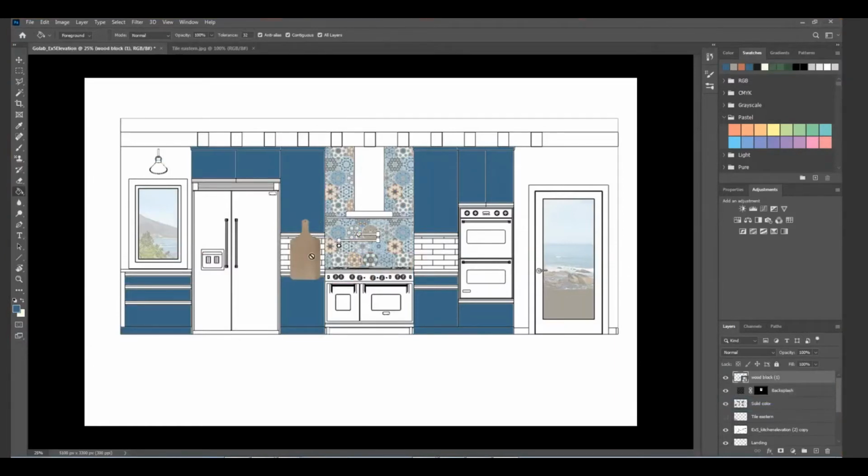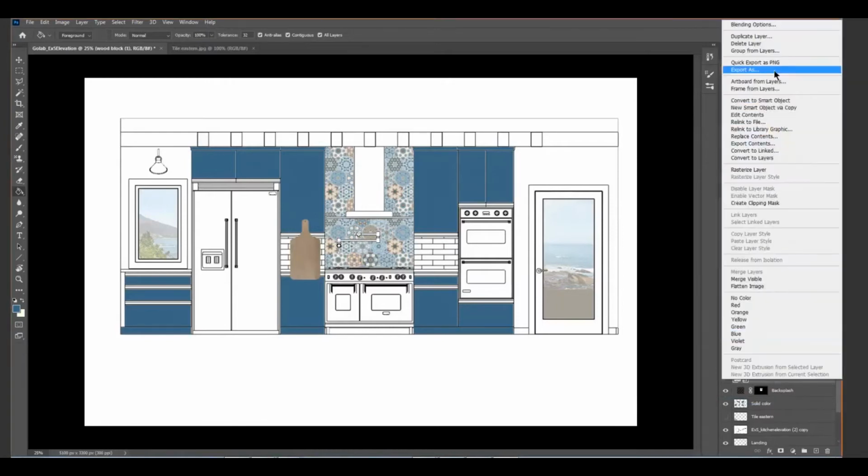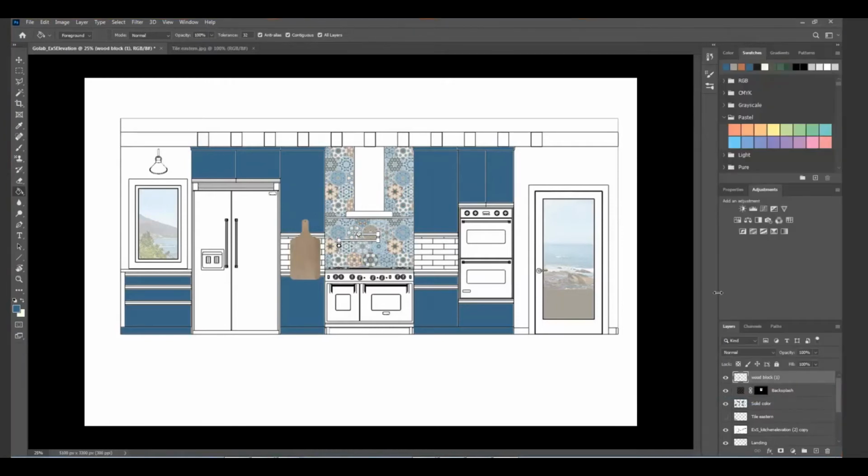Now it is. I don't know if you noticed that when I first brought it in, it was behind the backsplash, which is fine, but I just went ahead and moved it to the top of the panel. And it's pretty darn big. Rasterize layer. So from that wood block, remember, if you ever click out of it too soon and you want